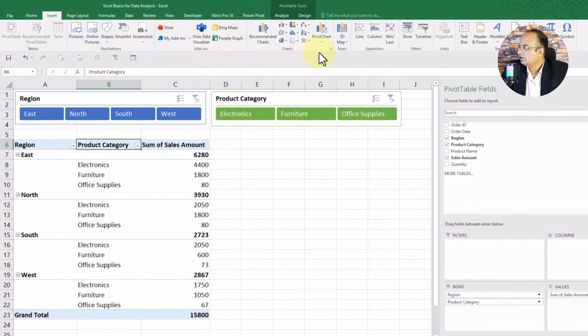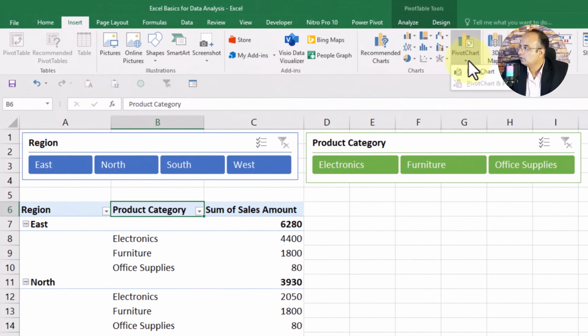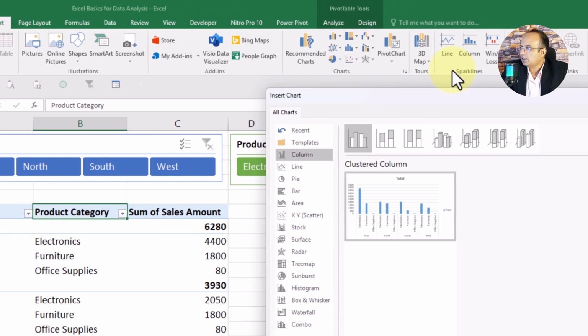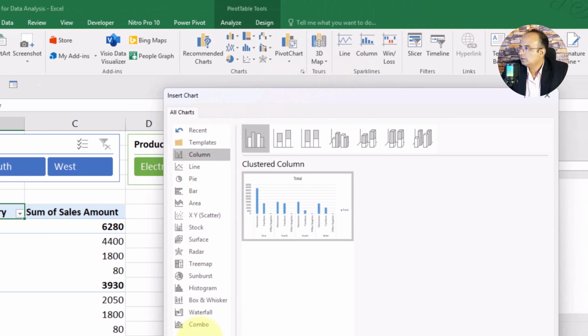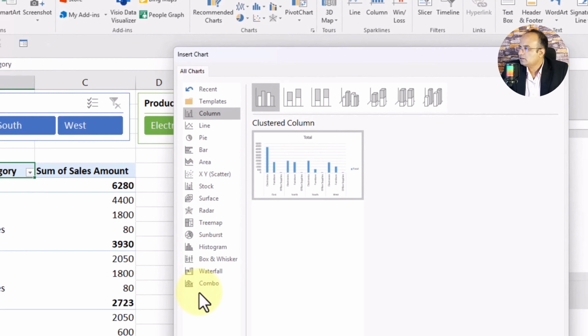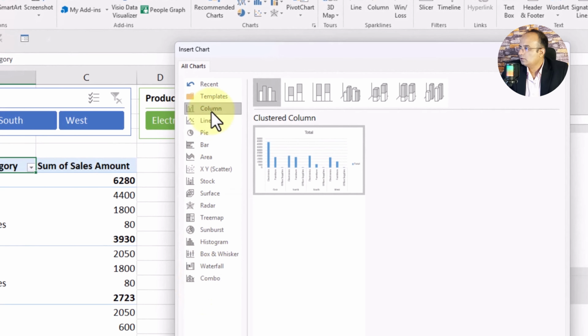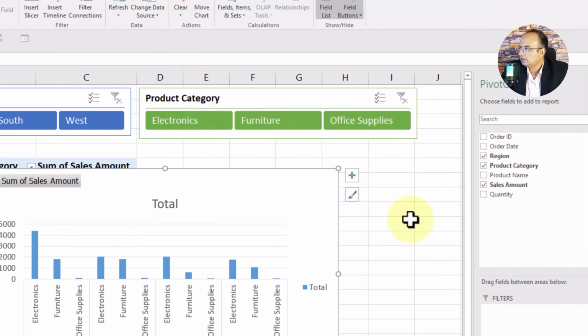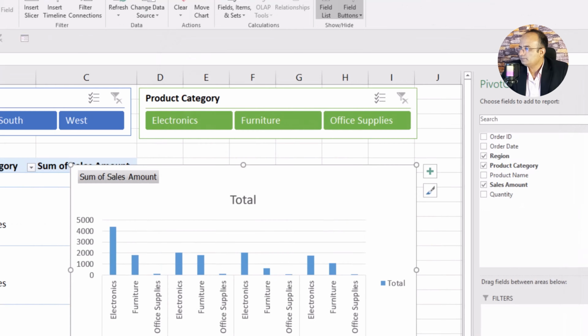A good chart has a story behind the numbers. I will show you how to apply dynamic charts that update whenever a value changes. Let's see how. We will click on our pivot table, go to the Insert tab and come here to select the pivot chart. It is giving us many options, so you can select as per your requirement. I will go with the column chart, the simplest one to start.